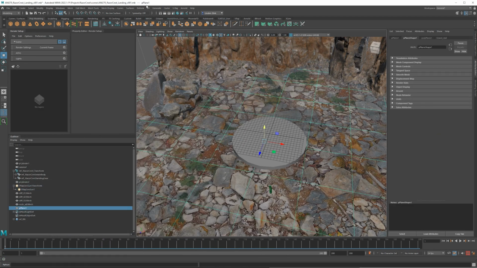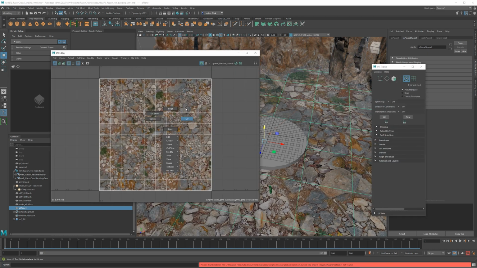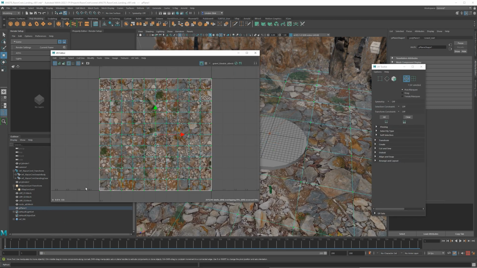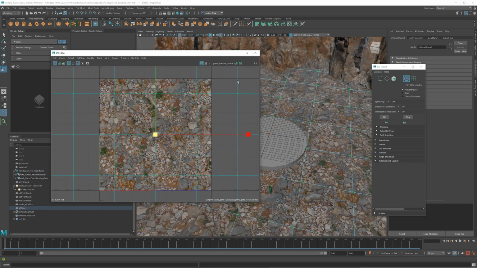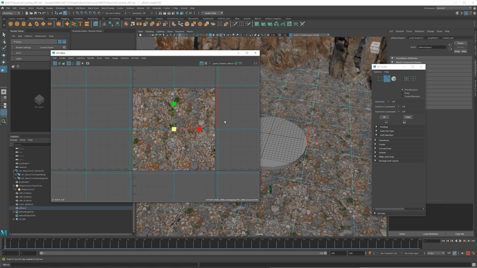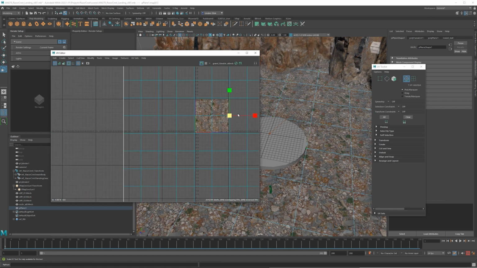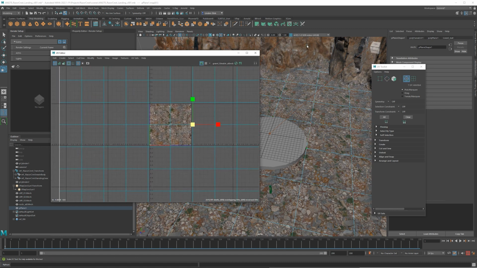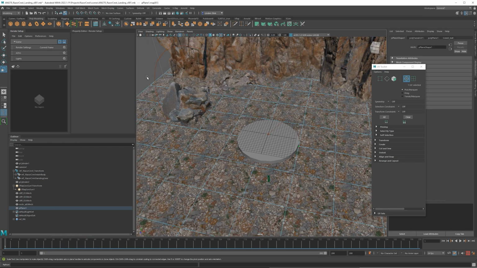So instead, we're just going to do this kind of a cheap way in the UV editor and simply take our UVs and make them way bigger. Really cheap to do that. Not something you can do for a lot of game stuff where you have to have specific texture sets, but that's a really easy way to do it there.